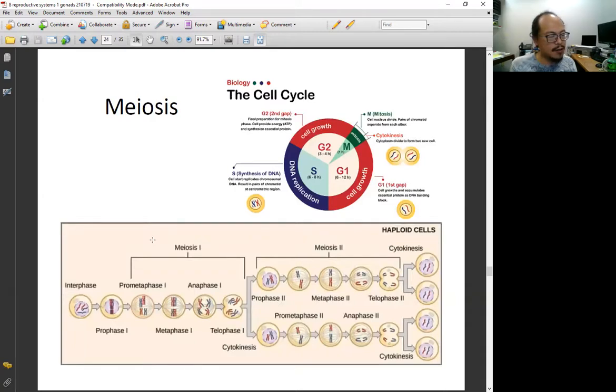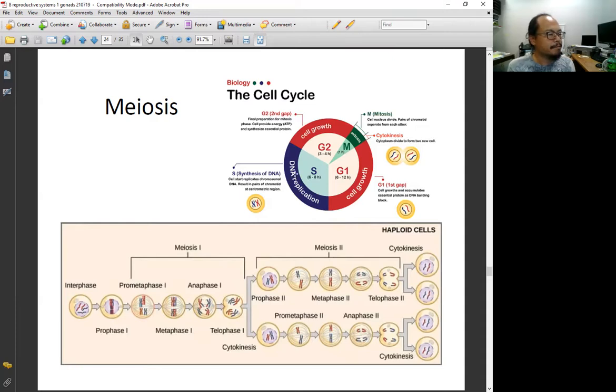If you already forgot about the cell cycle, we know that the cell cycle has the G0 phase, G1 phase, S phase, G2, and mitosis or meiosis, right? So the prophase is a phase after the S phase. S phase is the DNA replication. If G1 goes to G0, then it won't continue on anything. But if it's G1, then it will continue with S,